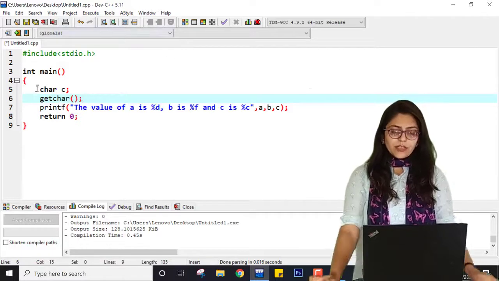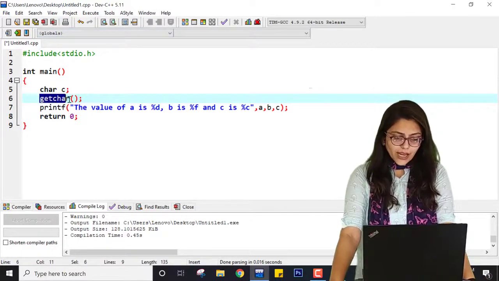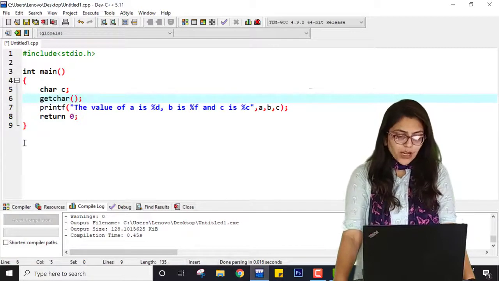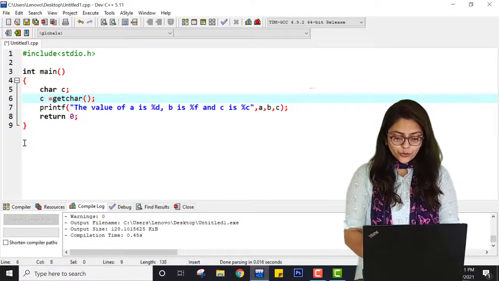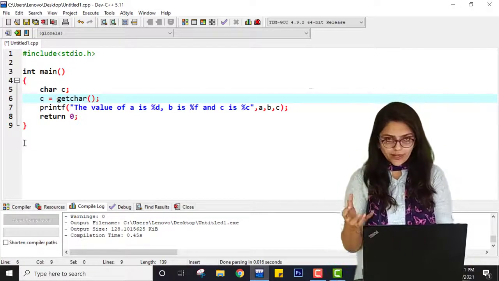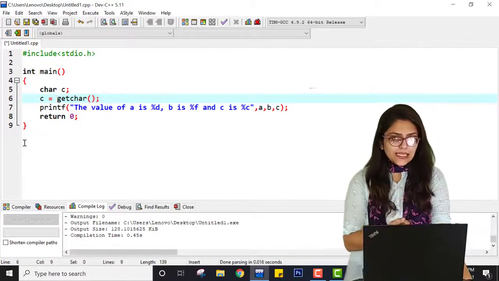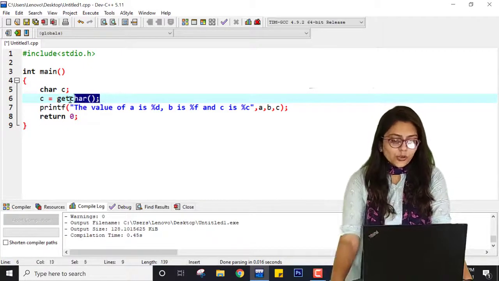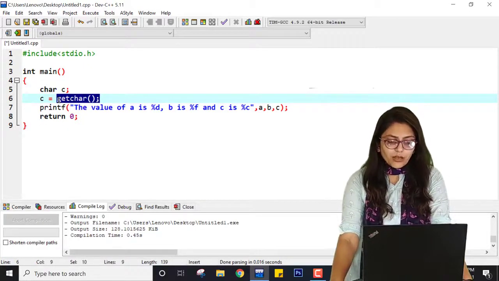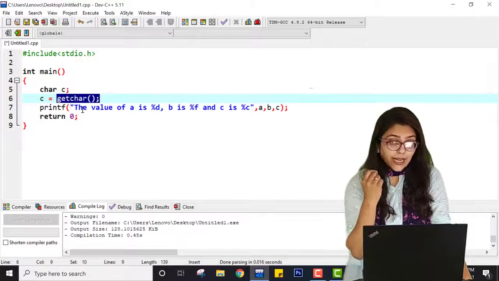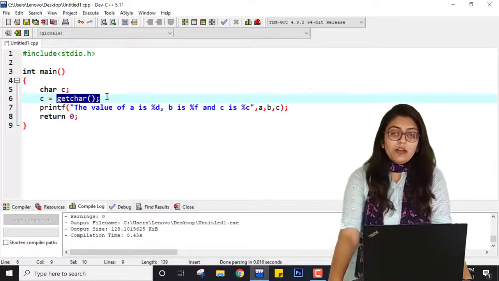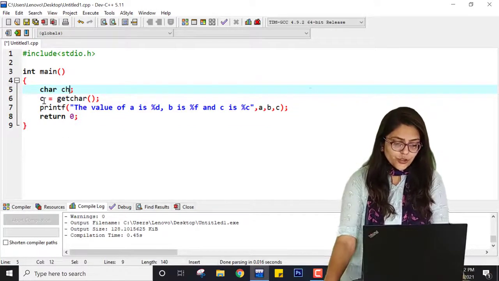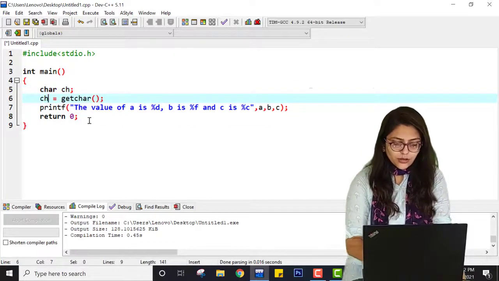Similar to scanf, with getchar the user will be able to enter a value. Now where should this value be stored? It should be stored inside a variable, and that is given by c, because c is our character variable. So c is equal to getchar. Whatever character is inserted by the user will be stored in c. If I had declared it as ch, it should be ch over here.